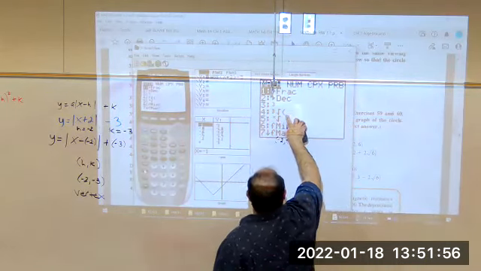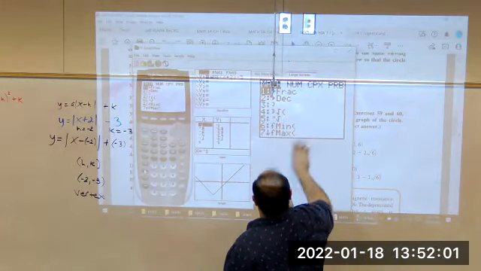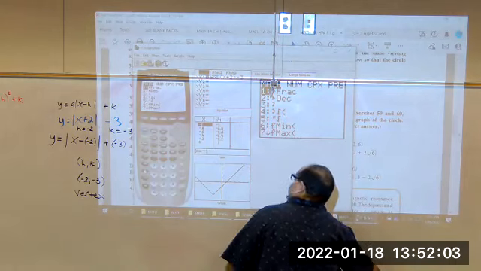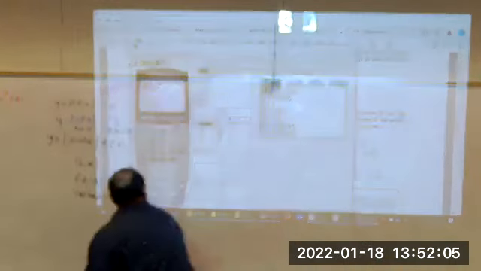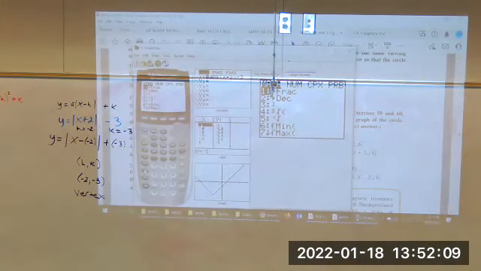Cube root, and then what's in the parentheses. And then 5 would be 5th root, so you need to do a higher root. But you can also type in, if you remember your stuff,